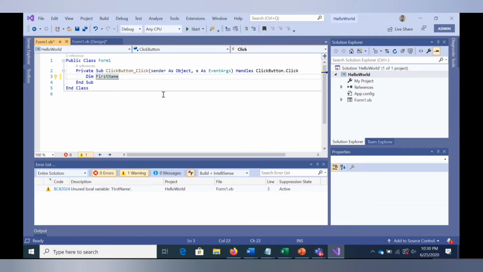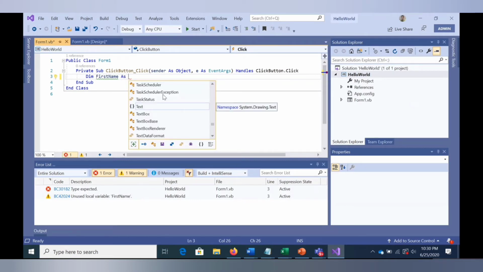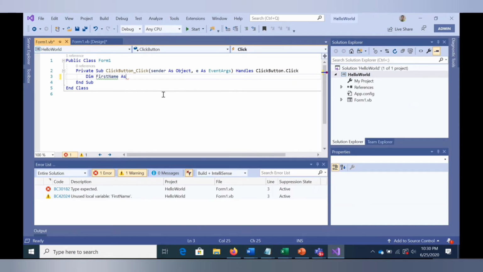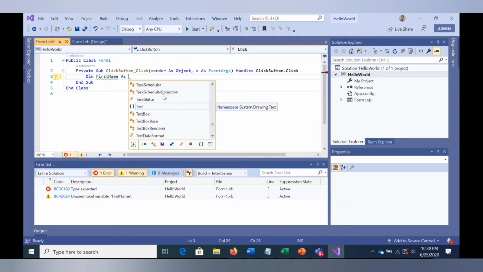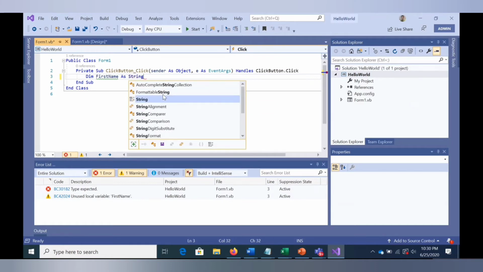Whenever you create your variable, remember that your variable must be one name only. You cannot have spaces in your variable name. So I put here Dim FirstName. I am creating one variable of first name, and I need to state what type my variable is, or simply what format. I wish to have the format of my variable in text format. Then I need to declare my first name as string,